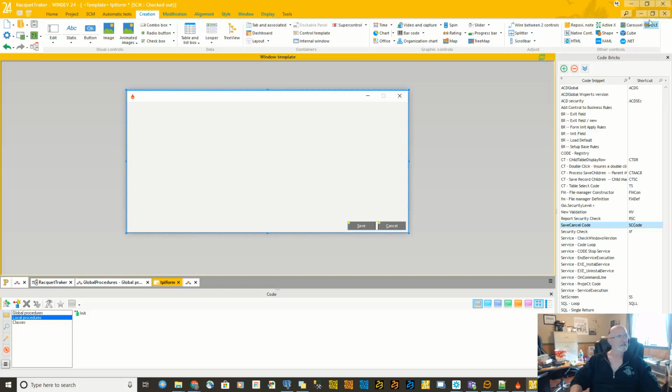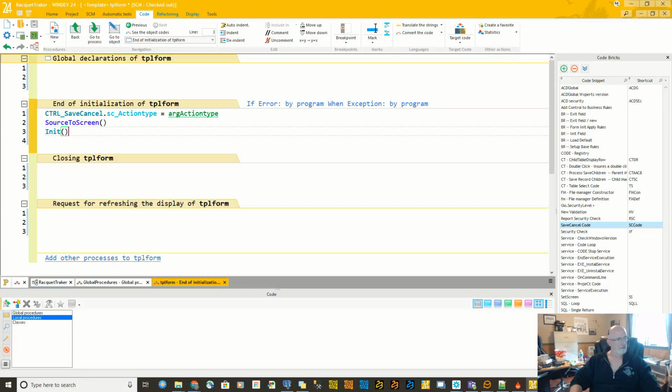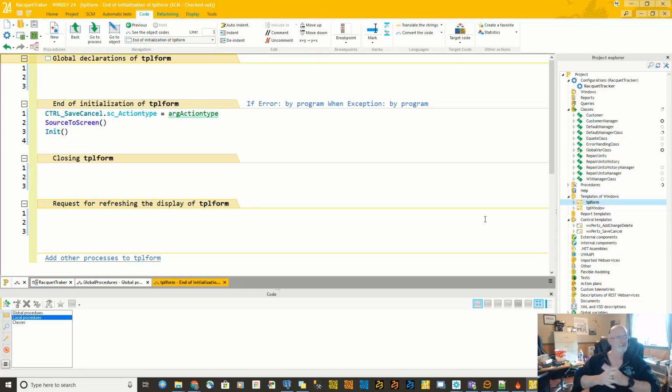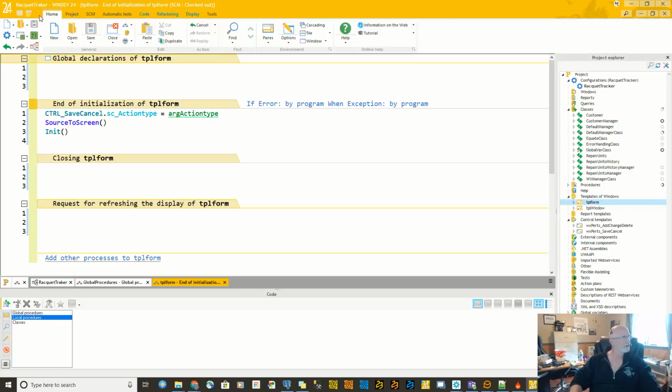Okay, so let's save this. And now I have the 2 templates that I work with. So if you do more than one form or one window, you have the window. Of course, you're going to have multiple forms. That allows you to do the forms as well. Everything's good to go. We can get started. I apologize for that